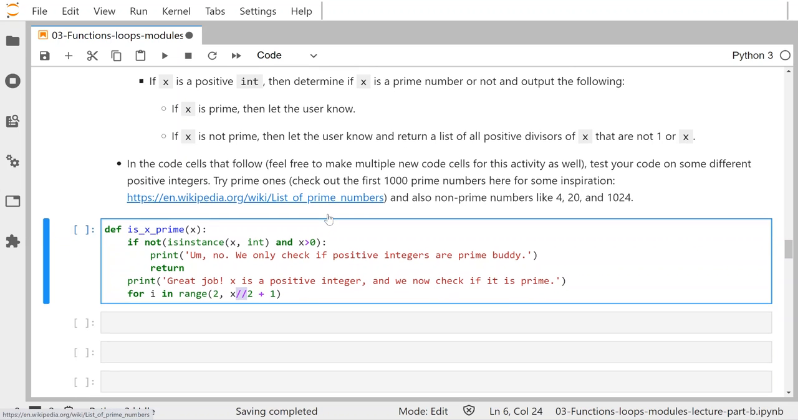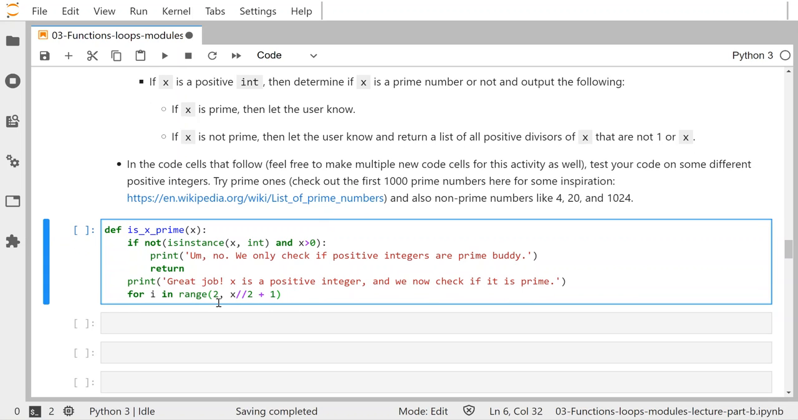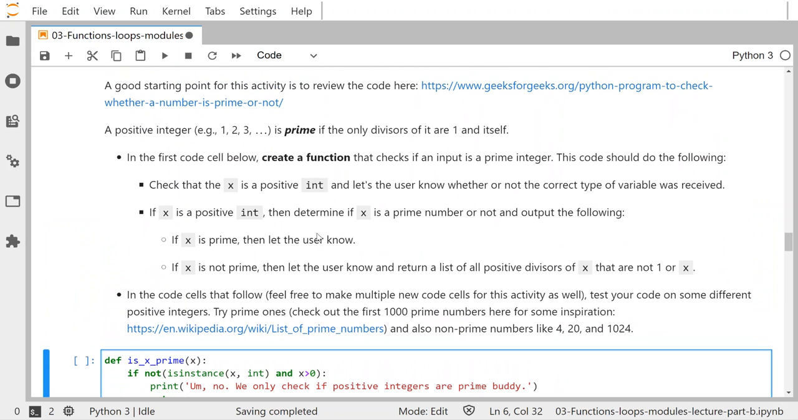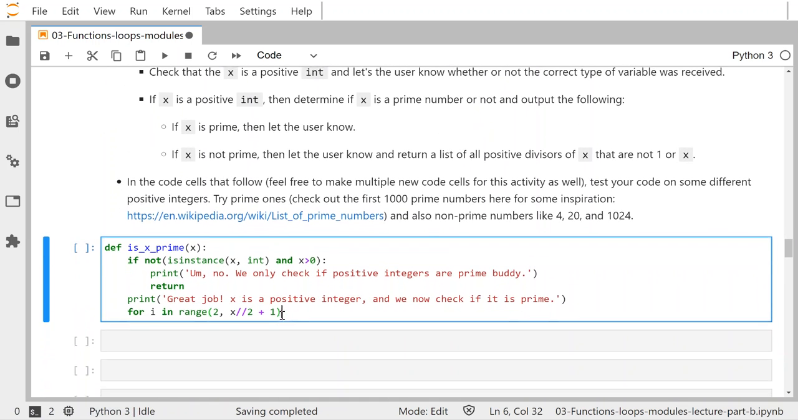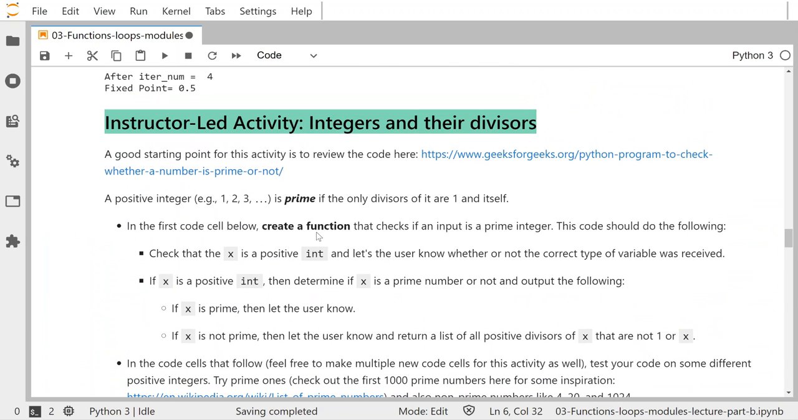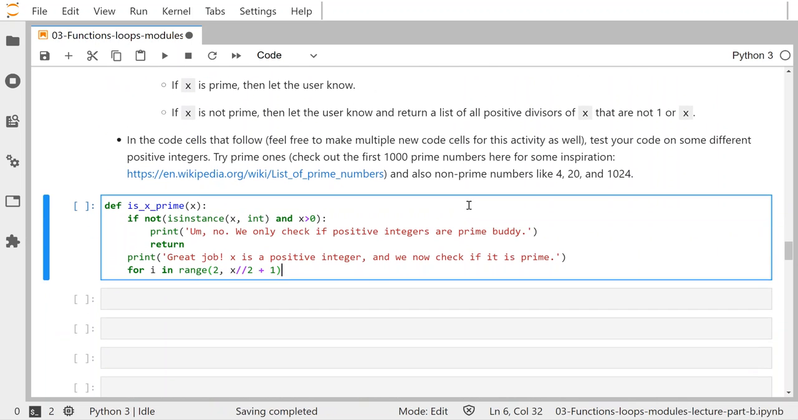That's an integer divide. So this will ensure that we check all the integers starting from 2 up to half of that number to see if it divides into x. If you're not familiar with prime numbers, you might just want to do a little reading. I provided a link to the list of prime numbers. You might just Google what is a prime number, but they're not all that complicated. It's only positive integers with the only divisors being 1 and itself. But if you wanted to read a little bit about them and see examples, please click on some links